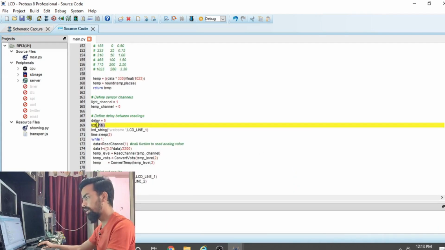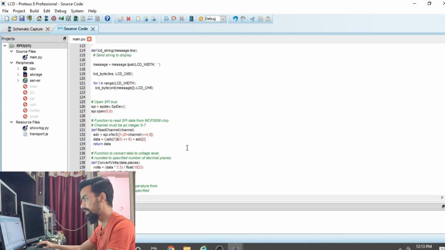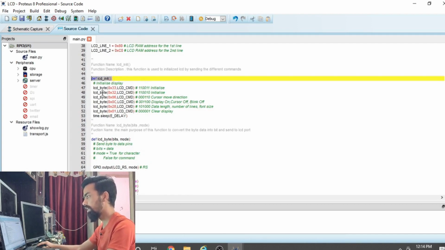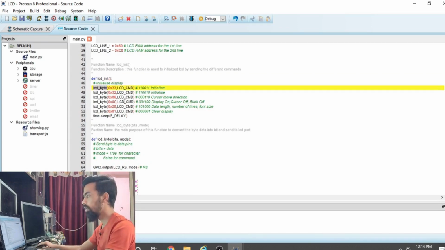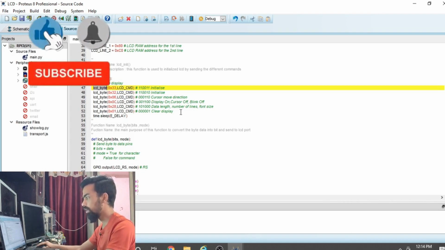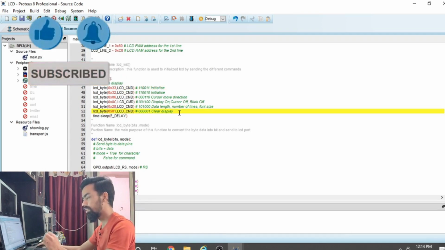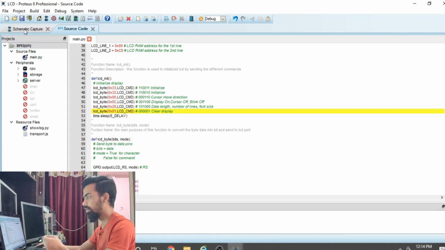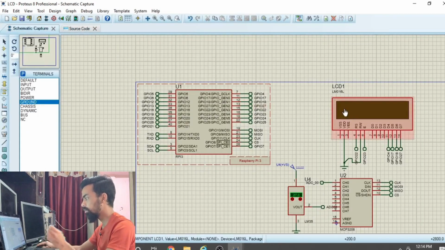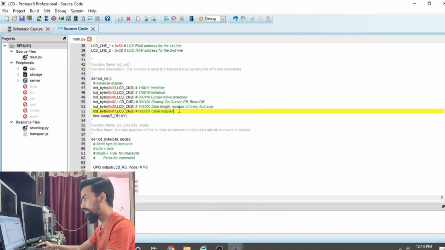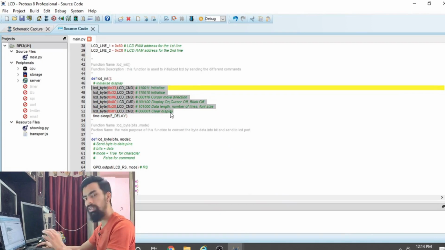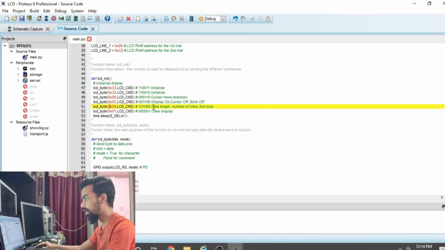The first line executed in the program is the LCD init function. So you can see the LCD init function is here. In the LCD init function we have to send some commands so that our LCD works. These commands start the LCD and tell it that the message should be printed on the first row only. You can see all these commands, and you will find details of each command on Google. You can search for the LCD commands and easily find the importance of each and every command.